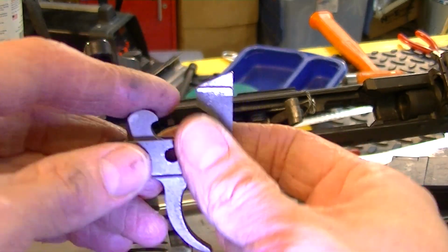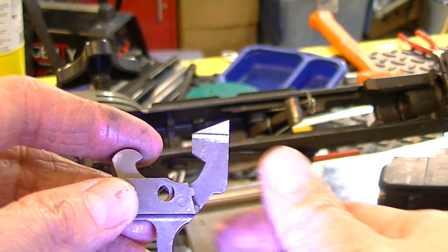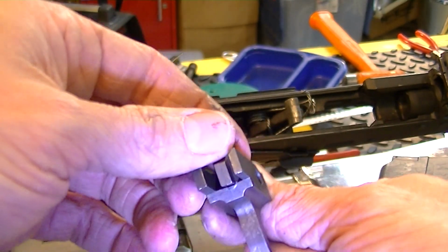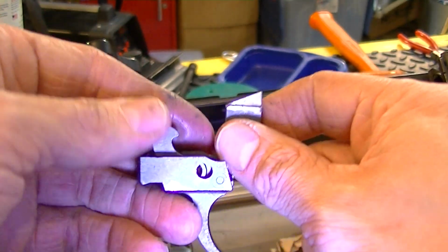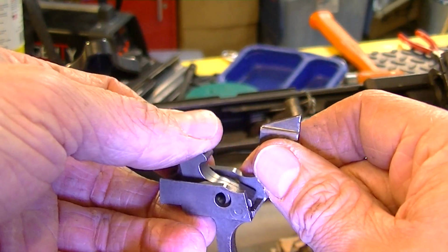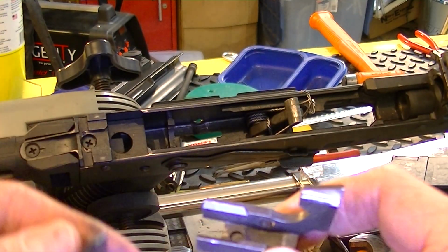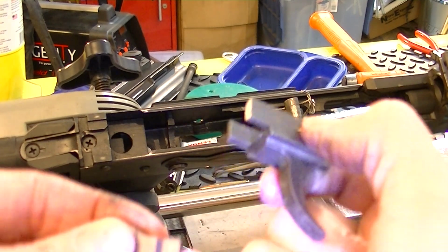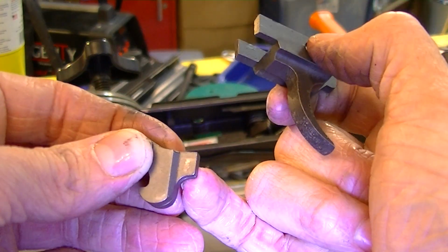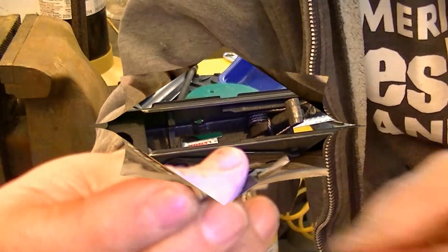And I don't know all the variants and everything. Some do, some don't. I think some people are able to tell just by knowing what parts you have in your gun or what gun it is. Different ones are prone to doing it, but either way, I know that some do, some don't. And you fix it by removing this tang, and if you have to, grinding some on the trigger. What we're going to be doing here,